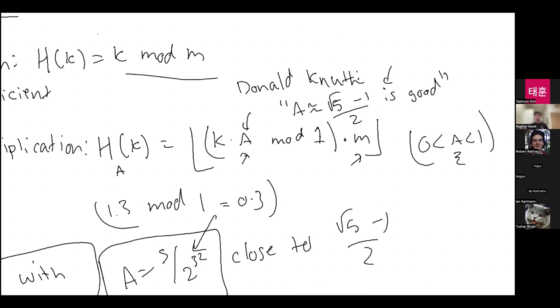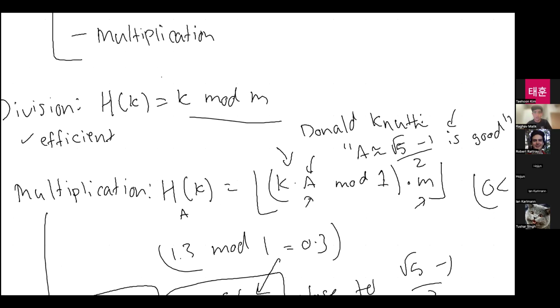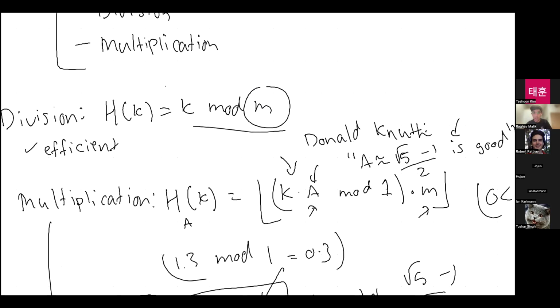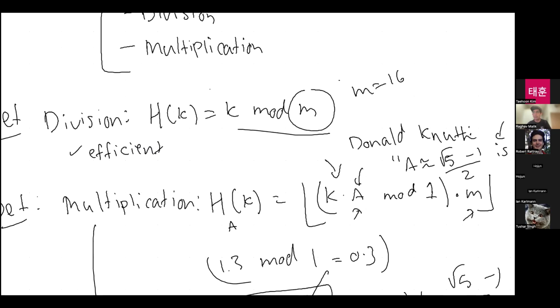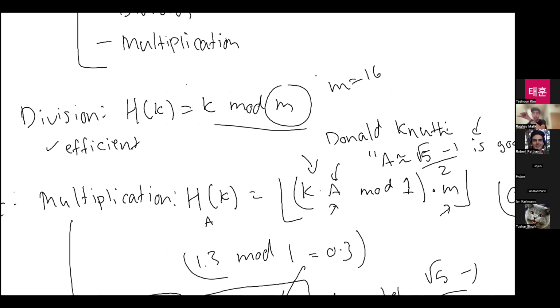Hashing via multiplication is good in the sense that it's very good at destroying patterns that show up in the keys, right? For example, if the m we choose for division is something easy like a power of 2, say m is 16, then k mod m is just going to look at the lower 4 bits of the key, which means we're going to have a ton of collisions unless we expect the lower 4 bits of the key to hold a lot of information.